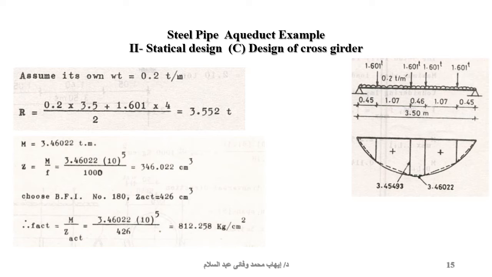Z equals 346 cubic centimeter. Choose broad flange I-beam number 180. Z actual will be 426